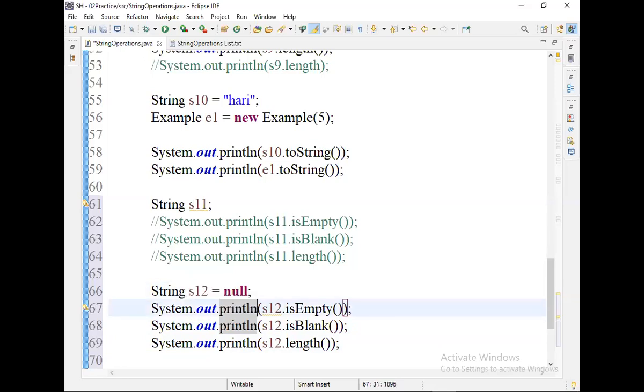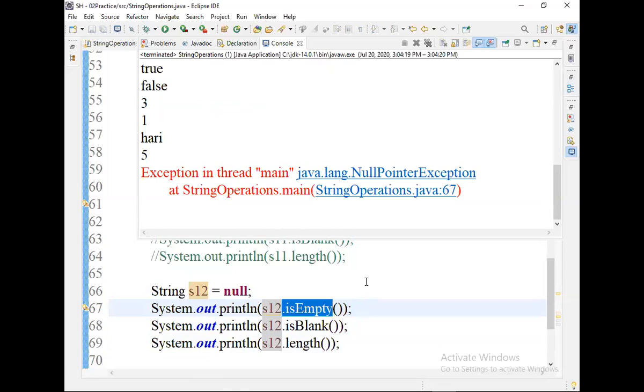No. Then what is the answer? Null pointer exception only. s12 contains null, and any method you call on null gives a null pointer exception. So all three lines will get a null pointer exception.